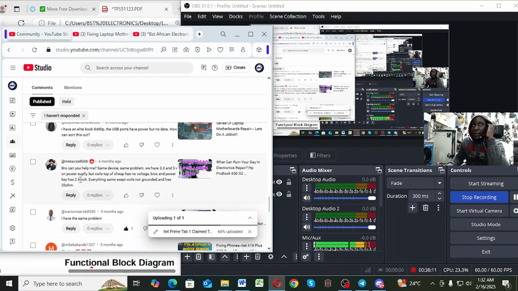Let's read this comment again. Can you help me? Same device, same problem. We have 3.3 volts on the power supply, but on the coil on top of the chip, no voltage. BIOS chip and power key. What do you mean by power key? Power on switch? Yes, 2.6 volts. If we have 2.6 volts on the power key and the last pin of the BIOS chip,